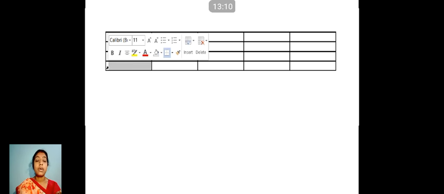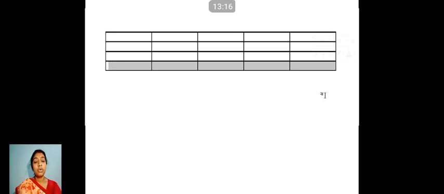Yes. On the first cell, and then I have dragged my mouse pointer to select the entire row. Suppose you want to select a part of a row, this is the best way. Select the very first cell from where you want to start and then drag it, so that particular row will be completely selected. Similarly, for the complete table, you have to click on the first cell and drag up till where you want to select the table.